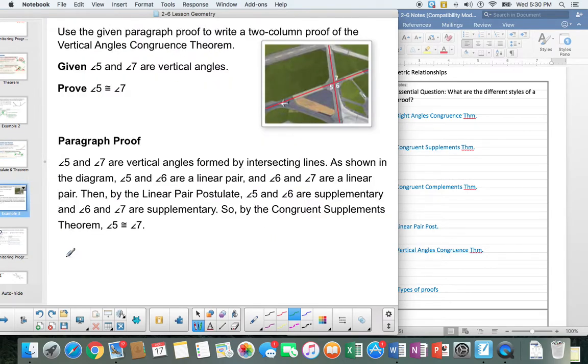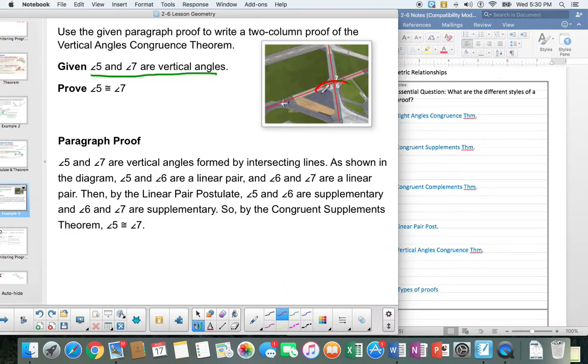Okay, and here's the theorem in a paragraph proof style. Paragraph proof means your statement and your reason is going to be in sentence form. So they're telling me that we have vertical angles, which is what we have here. Now, because of what the picture looks like, I can say that these two angles, let me put another color